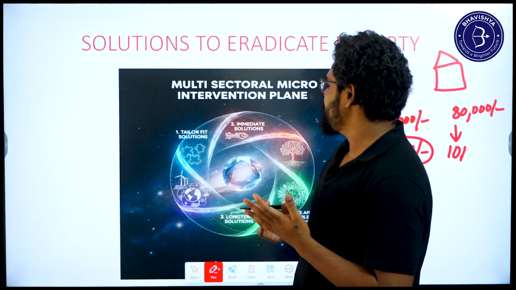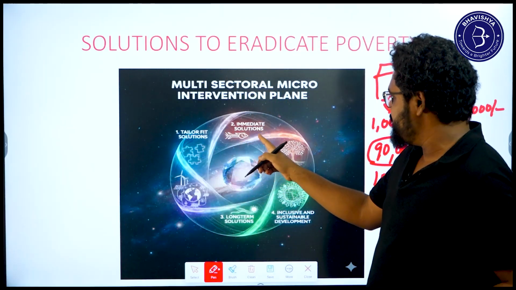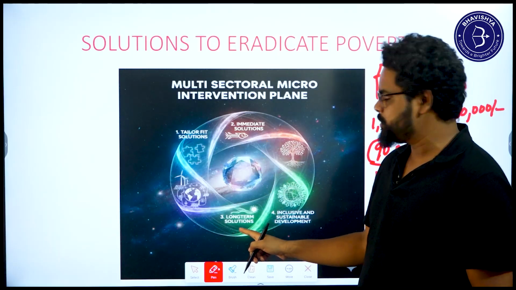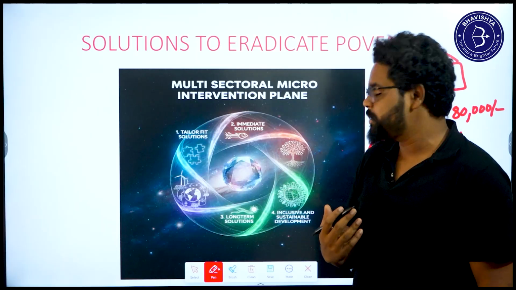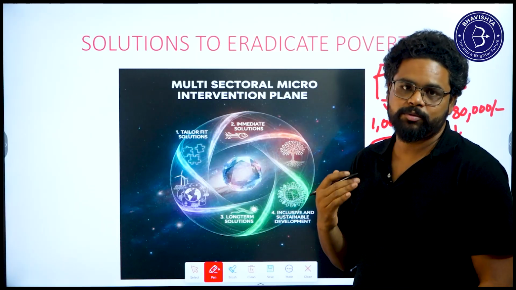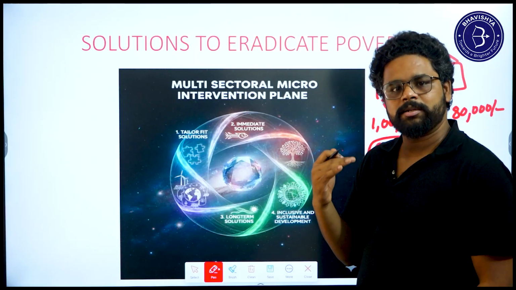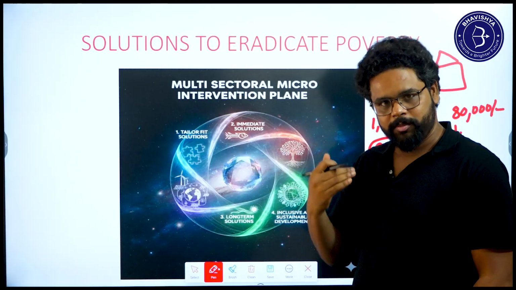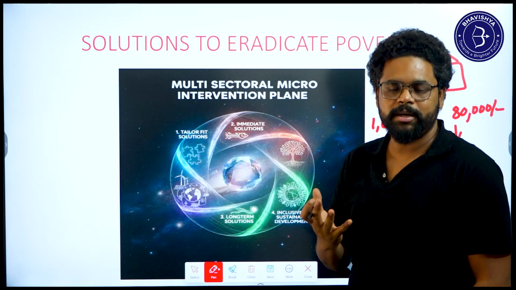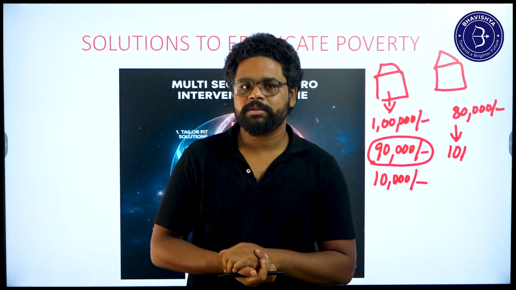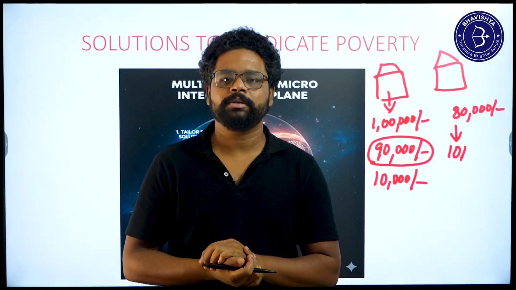So it went for immediate solutions and also long-term solutions. And the other thing is that it makes sure that the solutions are more inclusive and also sustainable. That means it has to be sustainable in nature, so that once they come out of poverty, they should not go back into that particular social condition, right? So now let's discuss what the prerequisites are which helped Kerala reach this milestone.